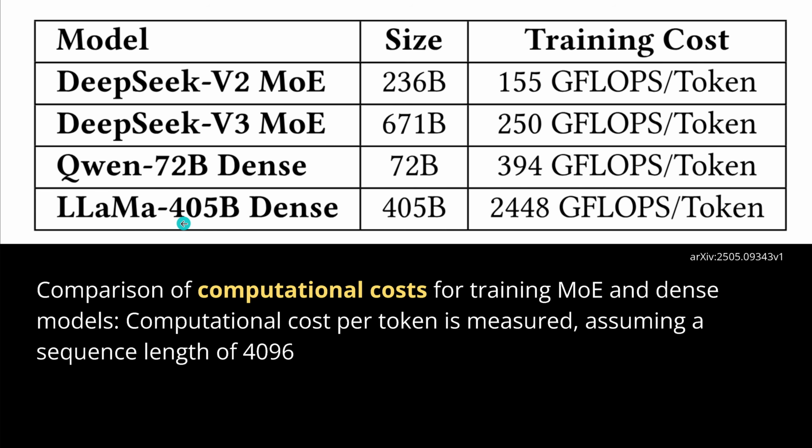Or look at Llama, 405 billion trainable parameters, also a dense model. The training cost per token for a Llama model is just extreme. So what the DeepSeek version 3 mixture of experts achieved is an extreme reduction in the training cost for training a mixture of experts model, even compared to dense models. So quite a lot of people ask, how were they able to do this,